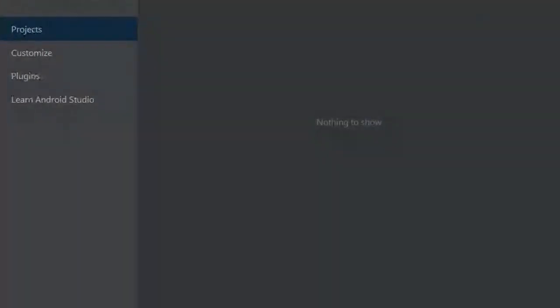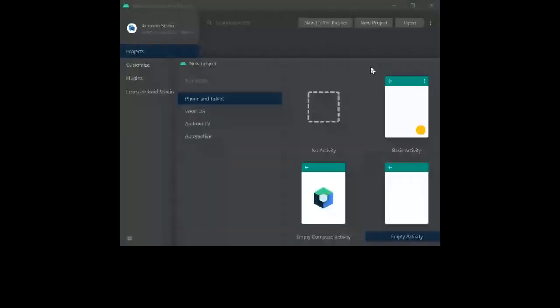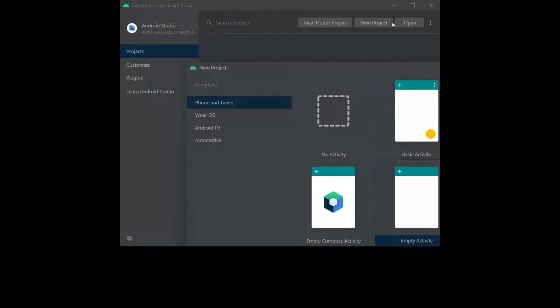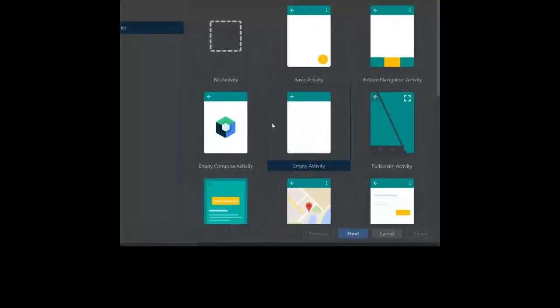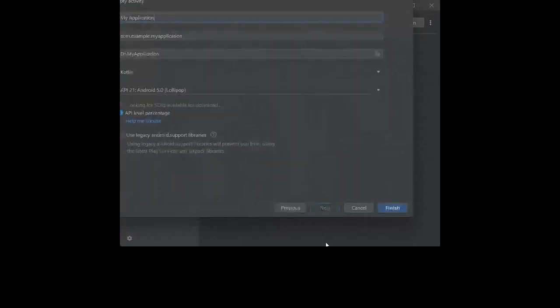So I want you to open Android Studio if you have downloaded. I asked you to download Android Studio yesterday. So, okay, to create a new project, you have to go to the new project section. It is still visible. One second. So after going to new, you have to select empty activity, and then you have to go next.